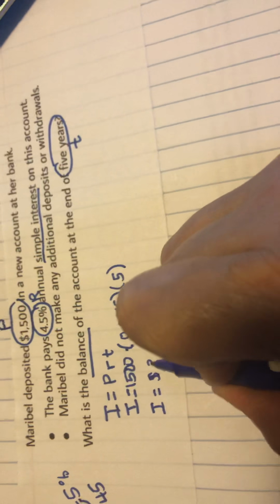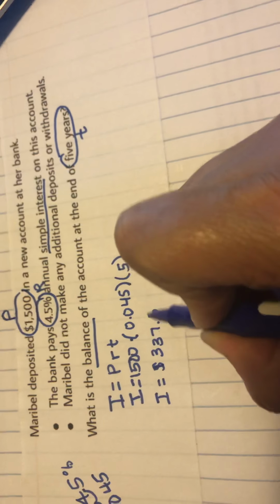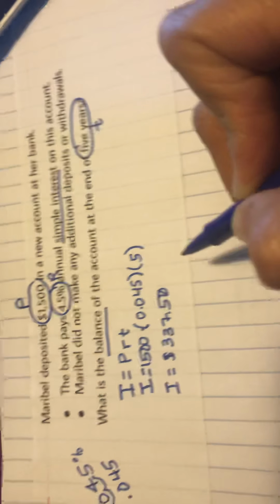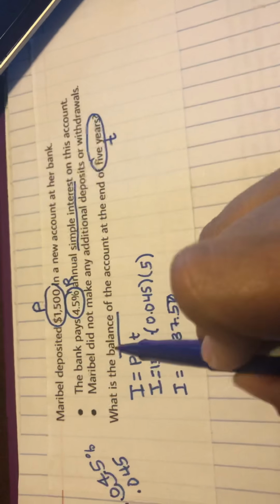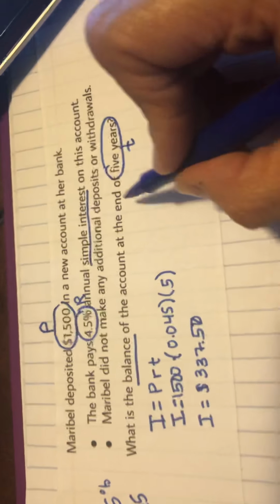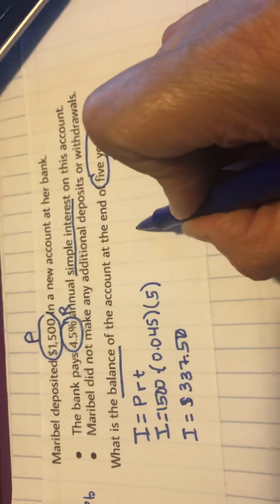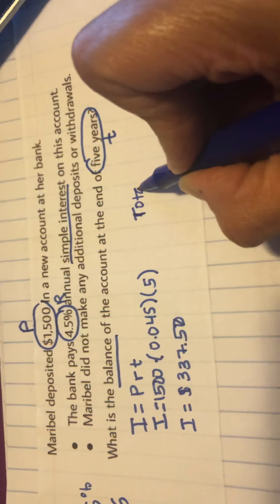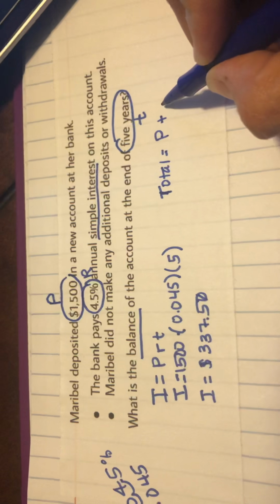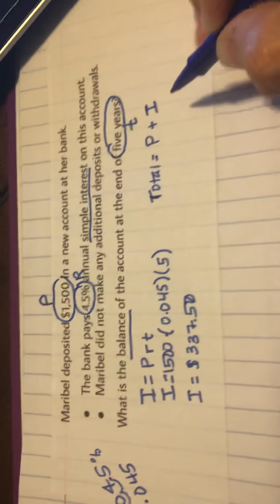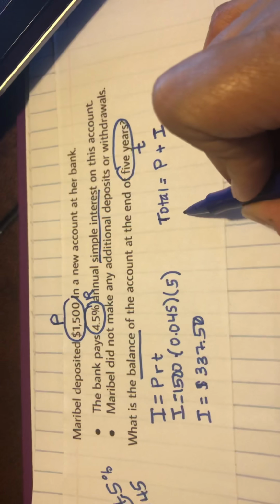So I'm going to go ahead right here. My interest is $337.50, right? That is how much money she earned on her principal. So now they want the account balance. So with the account balance, I have to come back and I have to find the total, which means I have to take my principal and add that to my interest. Okay? So in order to find the total,